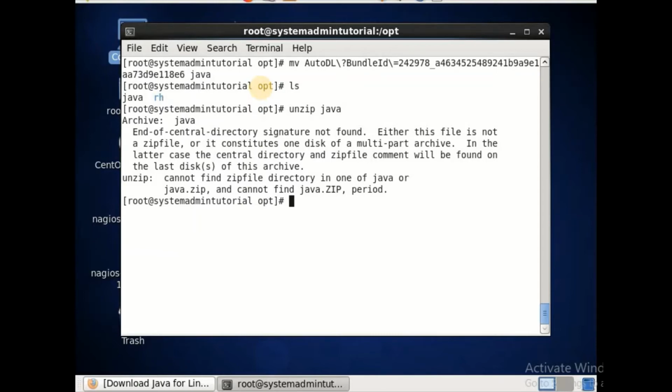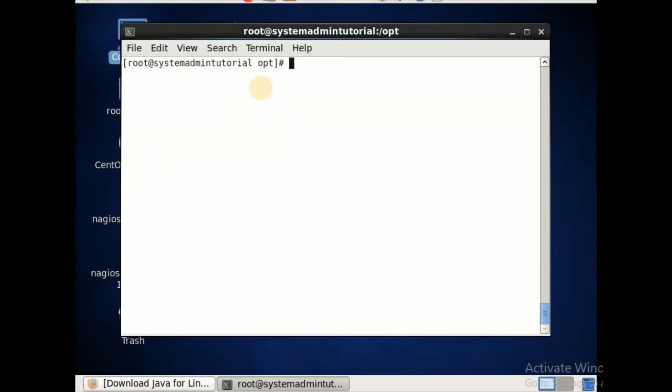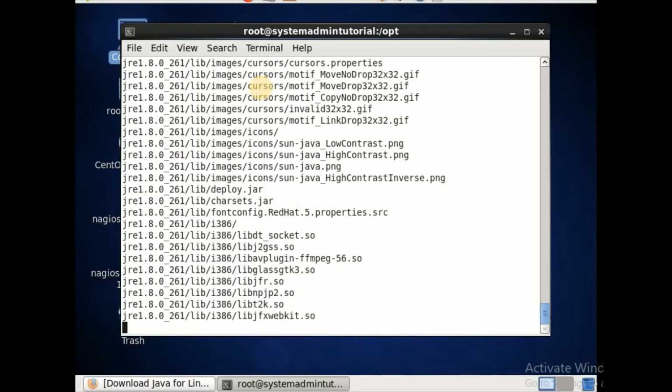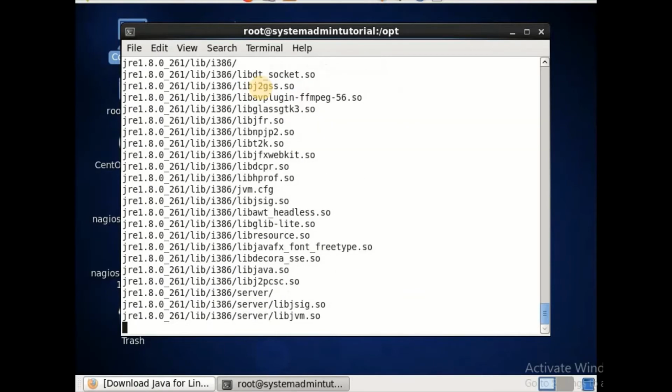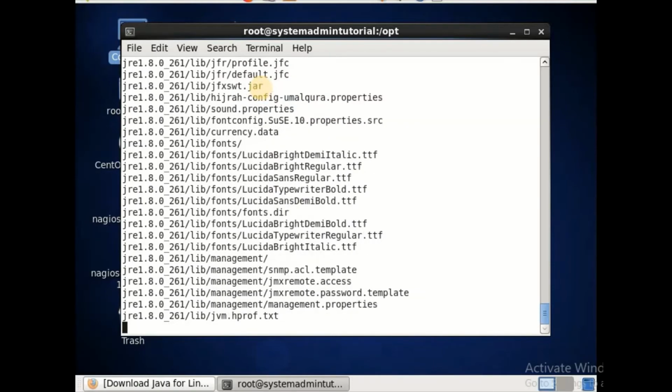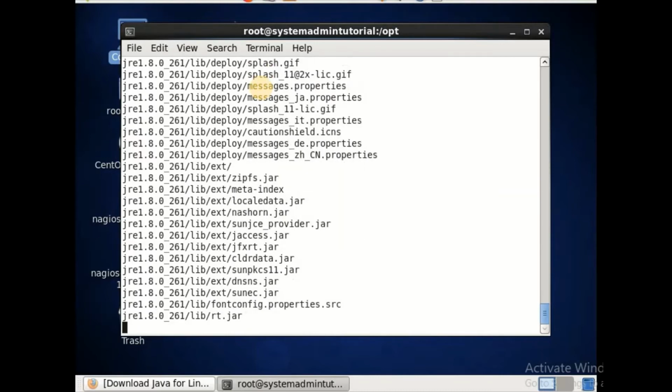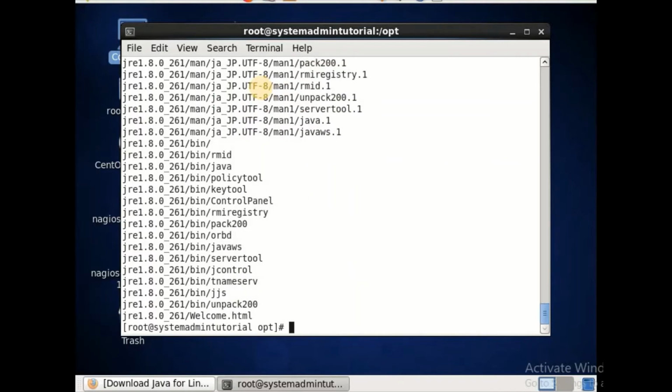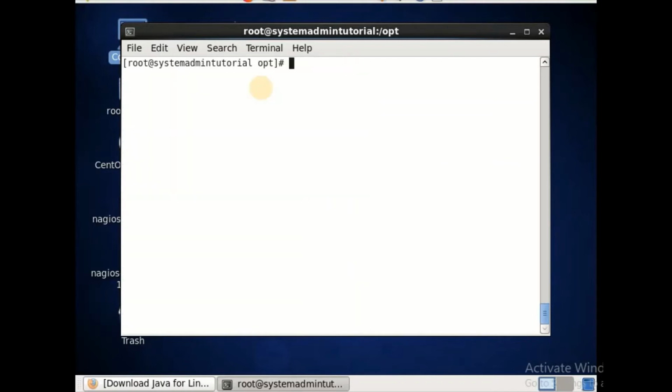This is not in zip format, it is in tar, so you have to extract it using the tar command. We have successfully extracted using tar.